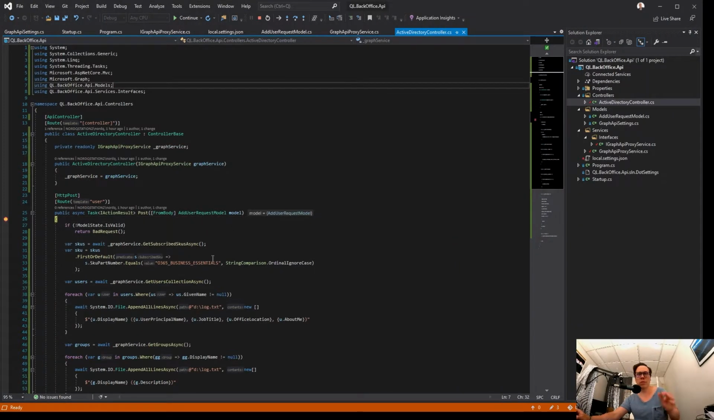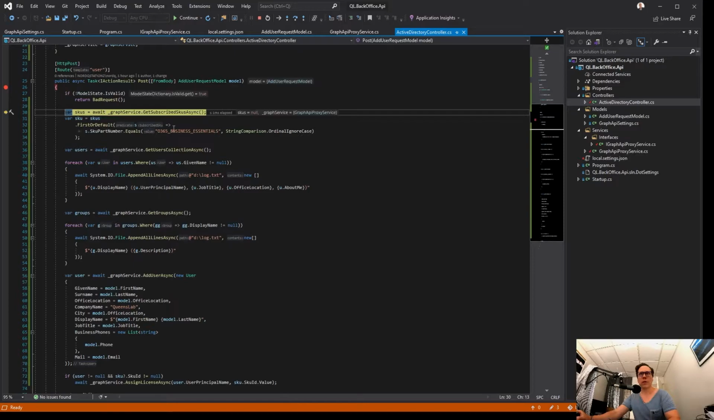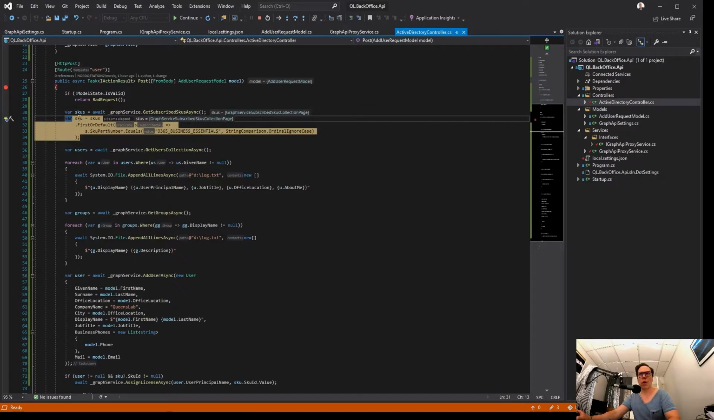There we go, and you can see that my breakpoint is hit. Let's move through it. I'm gonna just step through it. All right, we see that. Okay, I got my SKUs, and I got